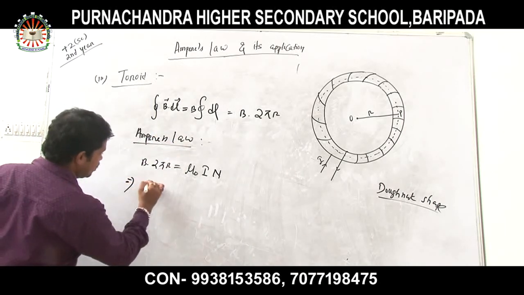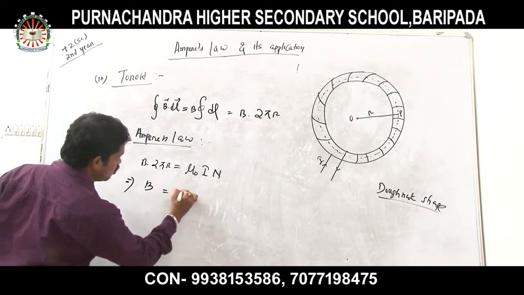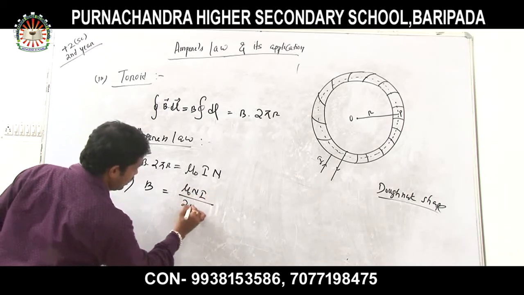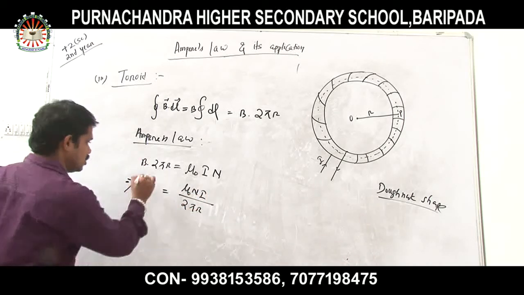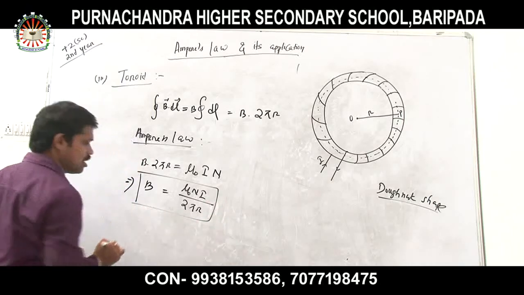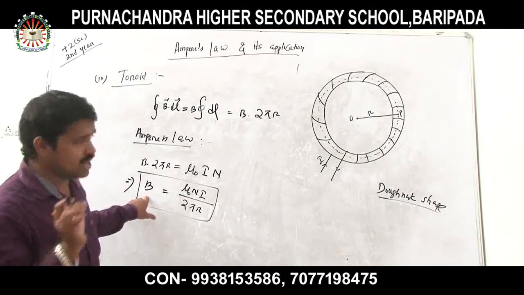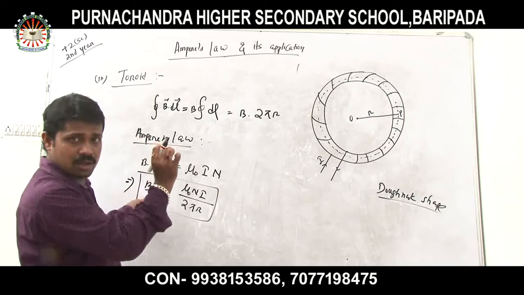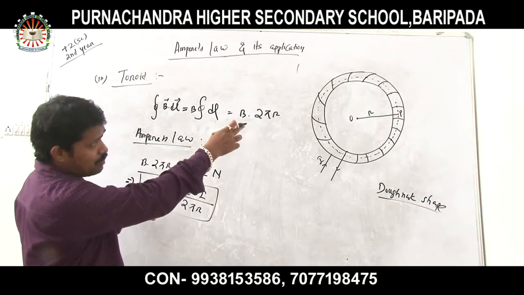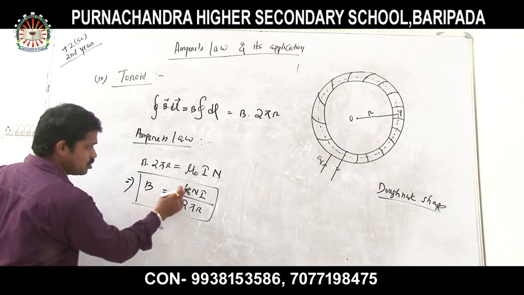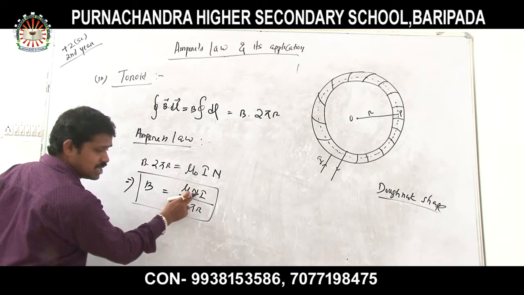So that implies B is equal to mu 0 N I divided by 2 pi r. So this is my magnetic field. Again I repeat, this is my magnetic field due to a toroid at any point on the toroid. Look at that, the point P is present on the toroid. So B is equal to mu 0 N I by 2 pi r,